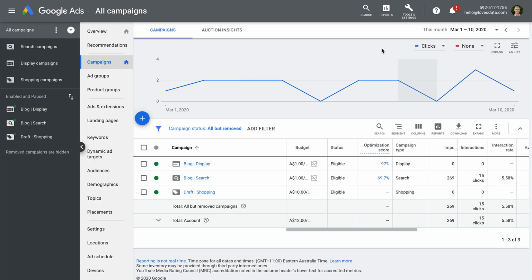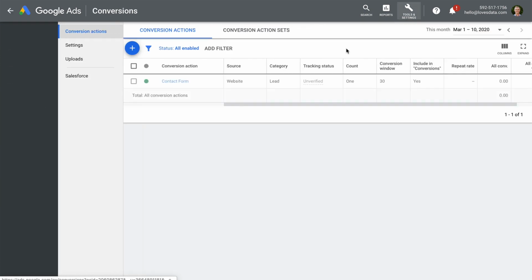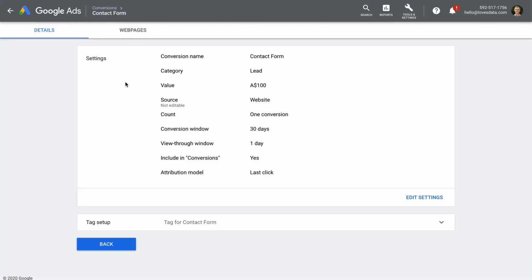Let's start by checking the attribution model that is used for an existing conversion inside Google Ads. So let's head to our Google Ads account. We need to select Tools and Settings and then Conversions. Now we just need to click the name of the conversion action we want to check. At the bottom of the settings you can see that this conversion is using the last click attribution model. This means that all of the credit for a conversion will go to the final click on your ad before